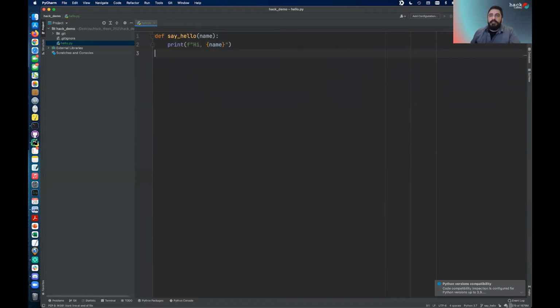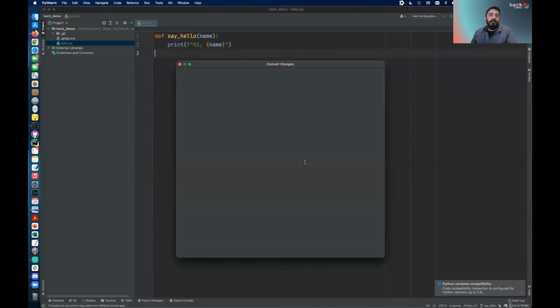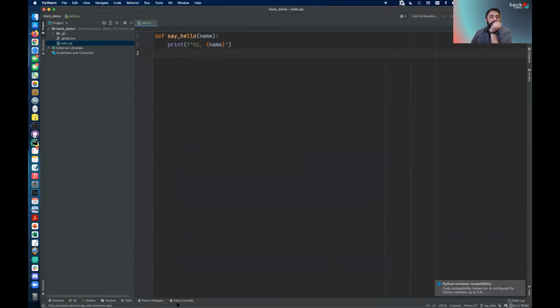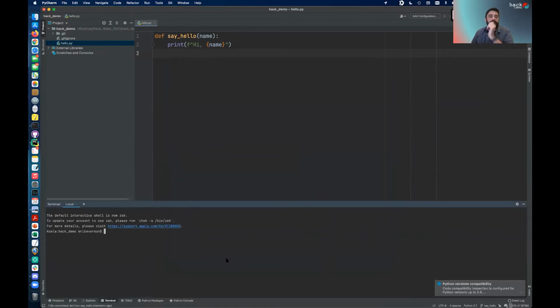So let me commit this. Okay, so I'm going to commit with the message: define function say hello. All right, that's great. Now let's see what happens if I run this script. So I'm going to do python3 -m. The -m just tells Python to run the file I'm about to name as a script. So if I say hello,